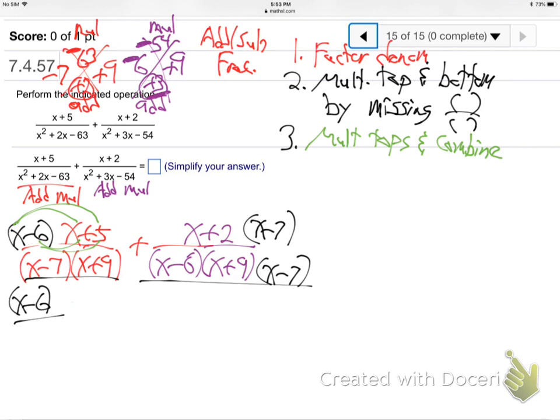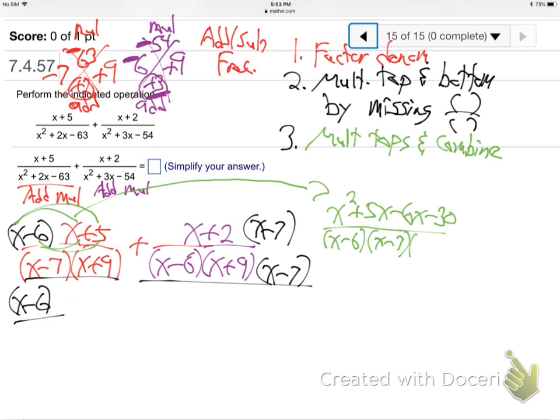So this will come over here, and I'll get x squared plus 5x minus 6x minus 30 over x minus 6, x minus 7, x plus 9, whatever order, it doesn't matter, plus,